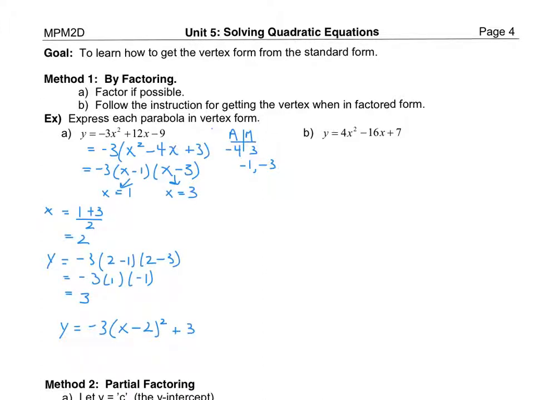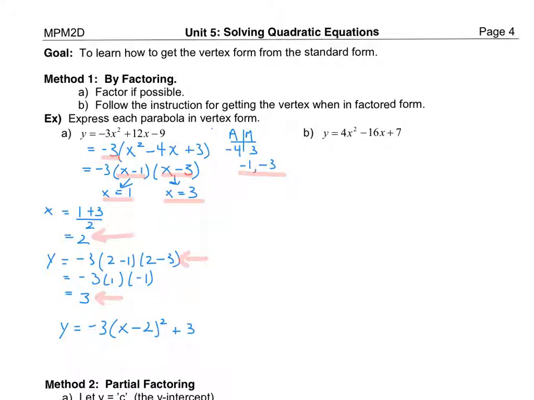So for the first example, I found that my two numbers that will add to -4 and multiply to +3 were -1 and -3. So my factors are -1 and -3. Prior to that, I actually factored a -3 out of every single term. So that gave me my x-intercepts at 1 and at 3. Midpoint is at 2. I substituted that into my factored form. I could have put it into the original equation, but it doesn't really matter. My numbers here are smaller when I'm working with my factored form, so I just did that, and